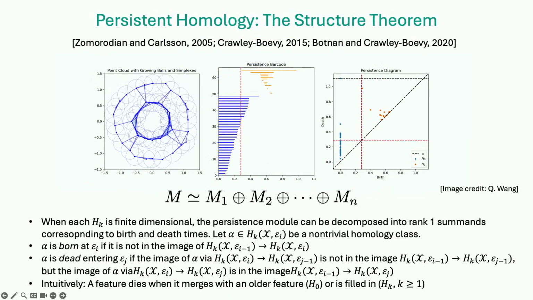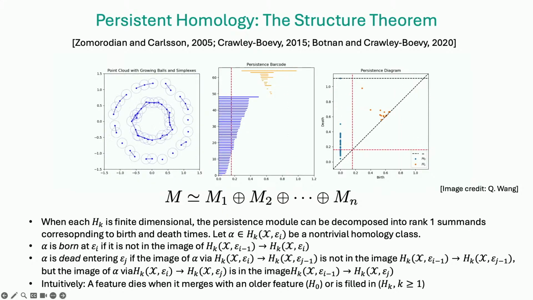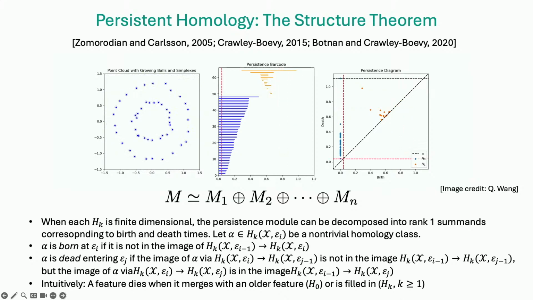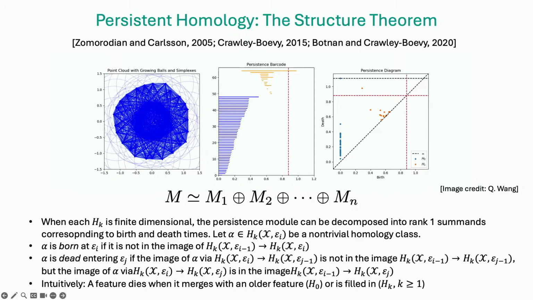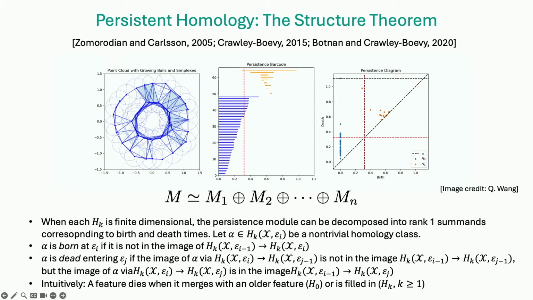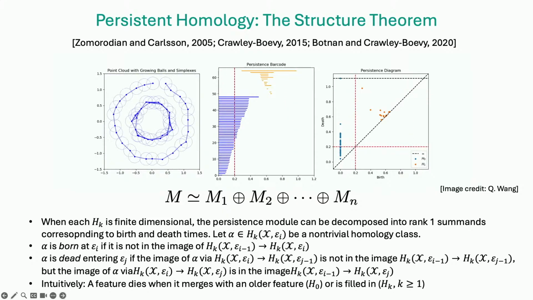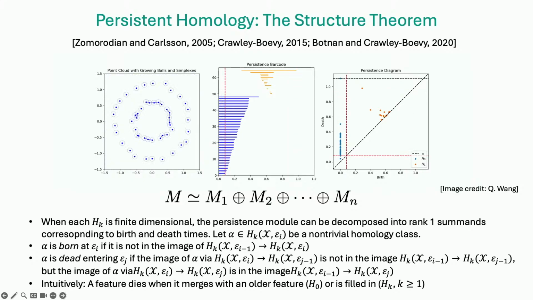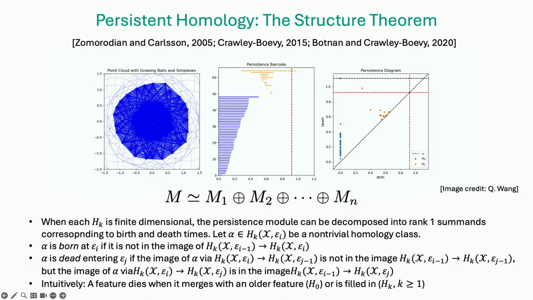One in particular is the structure theorem, which gives you interpretability. Your persistence module, in the one-dimensional case, can be decomposed into rank 1 summands, right? And each of these indecomposables corresponds to one single topological feature in your filtration, right? This gives you some sort of interpretability. So if you want to say something about what your data is showing to a practitioner, you can say it in terms of the shape here. So this is kind of nice.